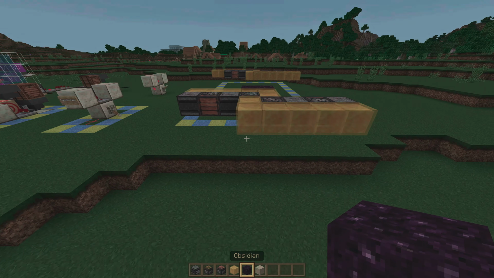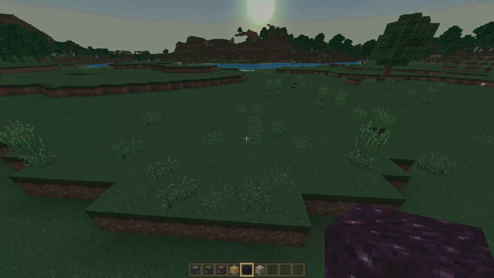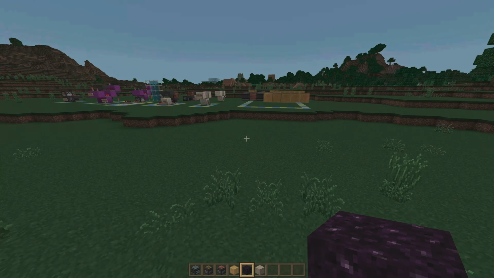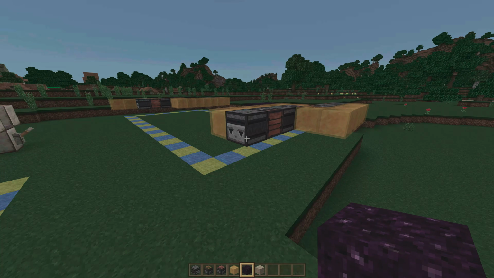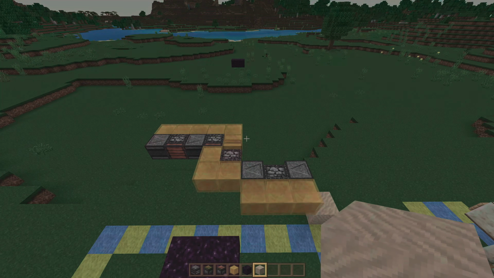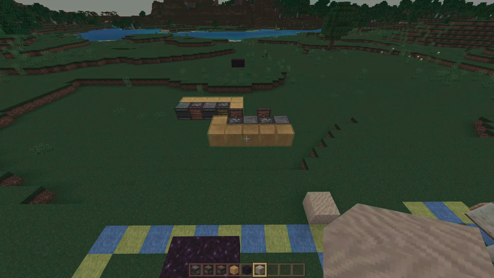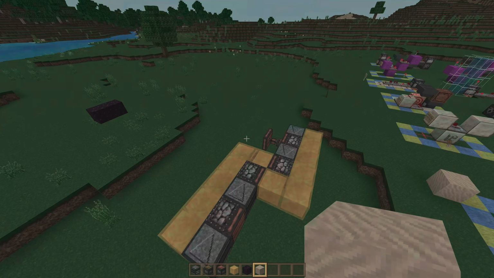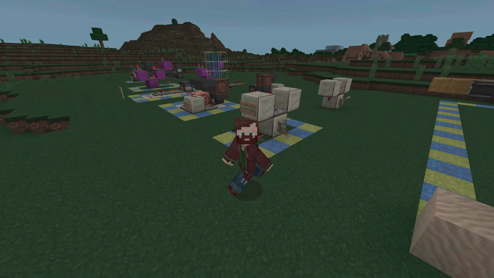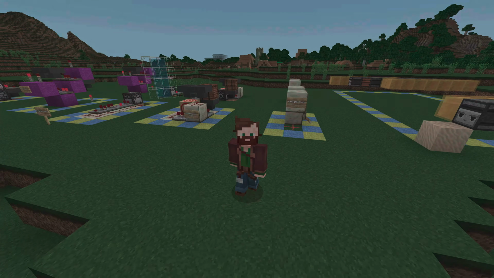Now, when you're ready to fire this farm off, make sure that at your destination, you have something to stop it, either obsidian or any other immovable block, and then you can trigger any one of these observers here on the side. This farm will fire off, and then you have yourself a very simple horizontal flying machine. And those are the 5 redstone circuits that I think you should know.